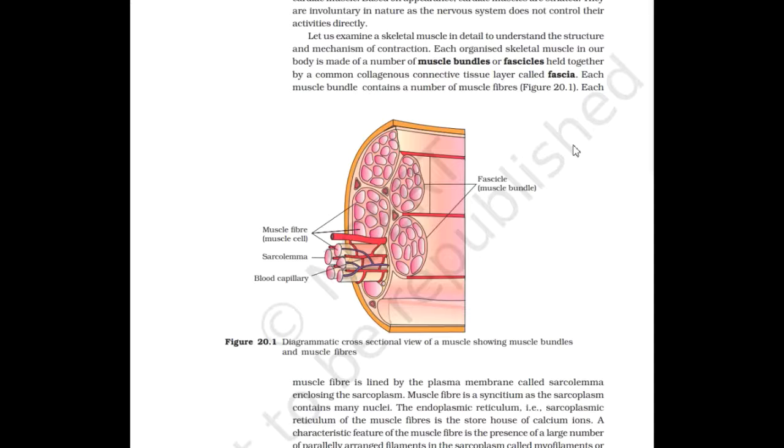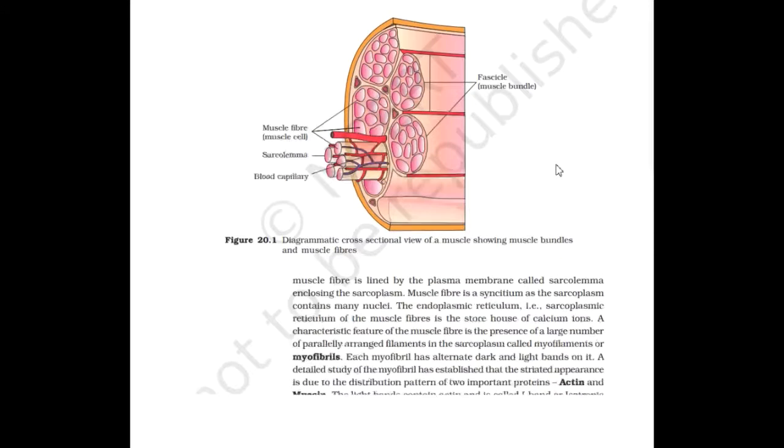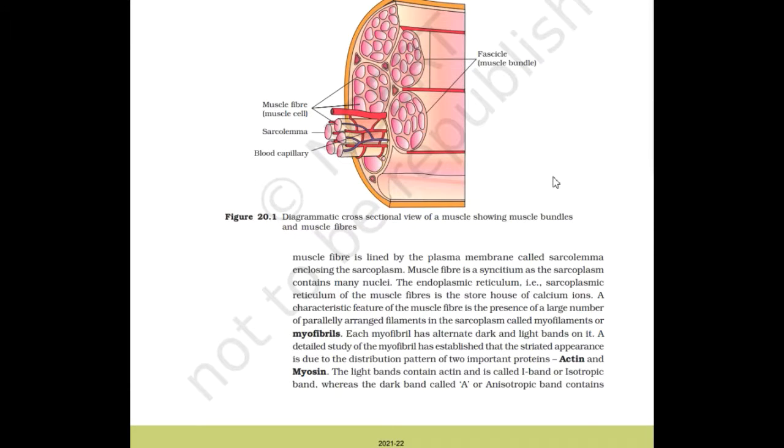a common collagenous connective tissue layer called a fascia. Each muscle bundle contains a number of muscle fibers. Each muscle fiber is lined by the plasma membrane called sarcolemma, enclosing the sarcoplasm. A muscle fiber is a syncytium as the sarcoplasm contains many nuclei. Syncytium means many nuclei. The endoplasmic reticulum, that is the sarcoplasmic reticulum of the muscle fiber, is the storehouse of calcium